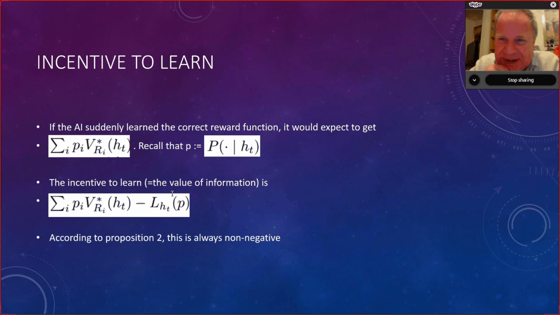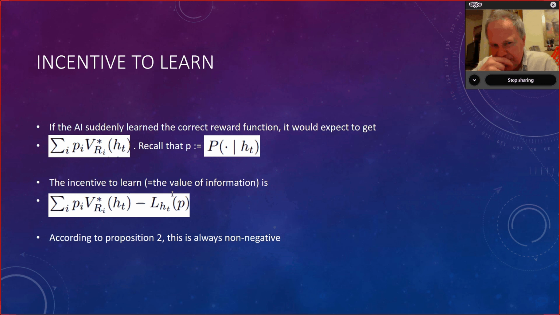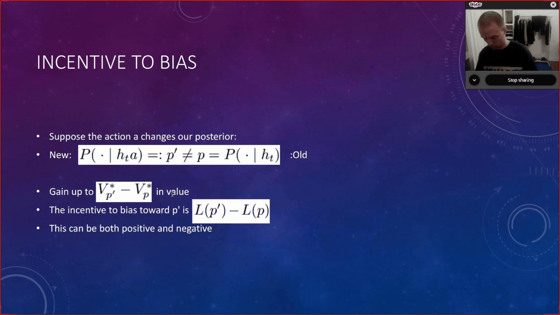But there are several things that can make the AI happy. There is that if it can find a wireheading solution or something like that, and if it can get the correct reward function. Both of these would be good, but there are different things that the AI has. The AI has two incentives. This is the incentive to learn, and that's good. But as you point out, there are other things that the AI might want to. So the second thing that the AI might want to